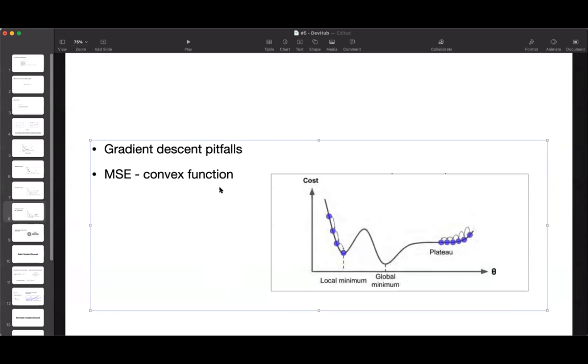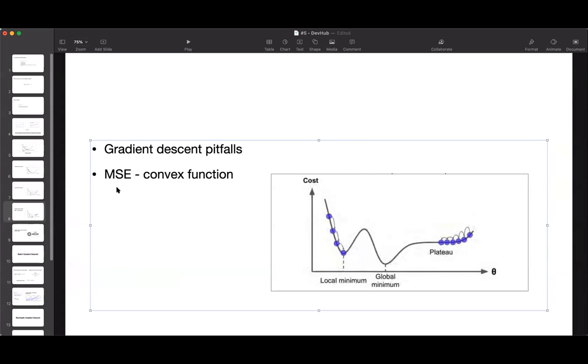So these two facts have a great consequence. Gradient descent is guaranteed to approach arbitrarily close to the global minimum. Why I'm saying arbitrarily, I'll come to it later on. If you wait long enough, and if the learning rate is not too high, if you set these two hyperparameters, the learning rate and the number of iterations, to optimum values, then it would reach even close to the global minimum, though not exactly the global minimum.